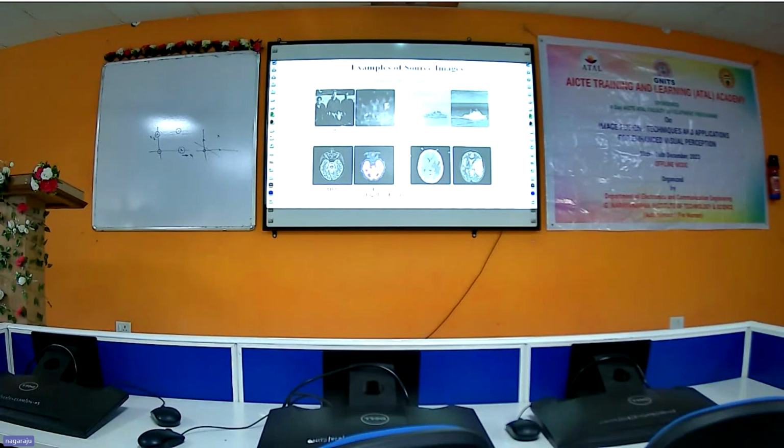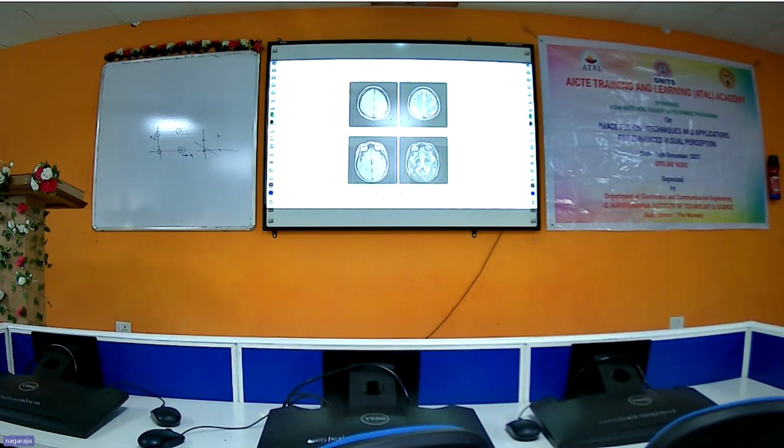You can use these two. If you see the visual one, it has more clarity. When the same picture is taken with the IR sensor, it is of less quality. So you can use these two to get a better quality image output. Similarly, there is one more example. This is the visual sensor photo, and this is through the IR sensor. You can use these two as image 1 and image 2 in your code, and then apply the image fusion algorithm. You can get the better quality image. So this is multi-sensor, and the next one is multi-modal